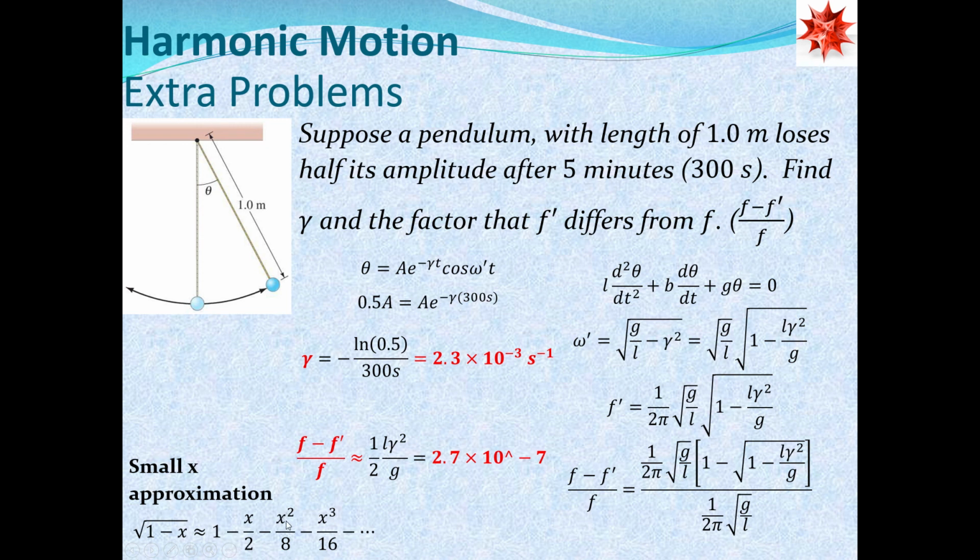We can ignore all these higher order terms because, again, this number is going to be so small that when we square it, it's going to become significantly even smaller because that makes this gamma to the 4th power divided by g squared. So yeah, we're just going to replace it with 1 minus x over 2, where x is